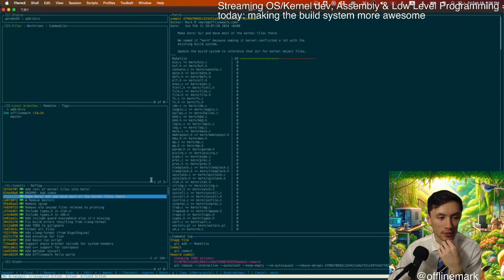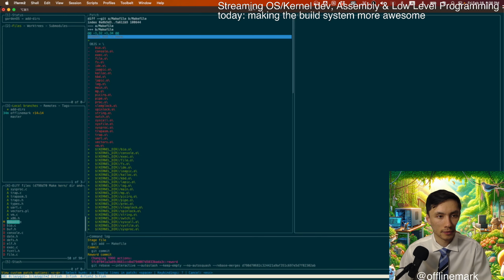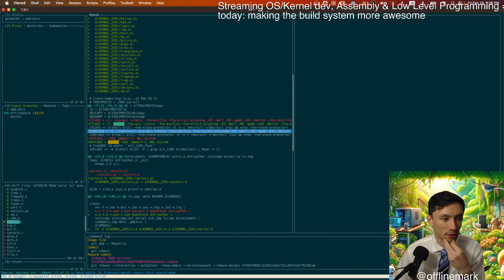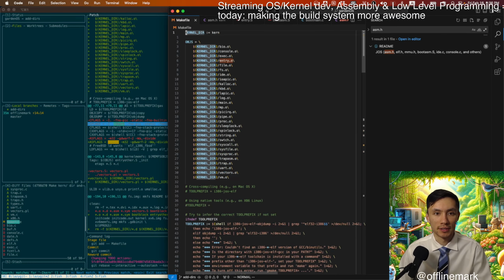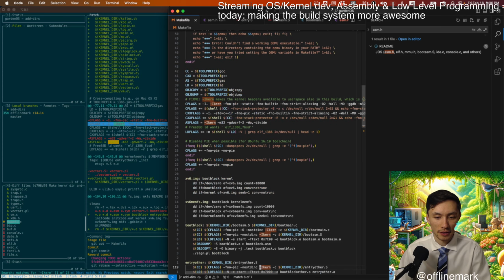And now about this -i kern thing. So now that we have this nice handy variable for the word kern, we don't need to hard code this anywhere.